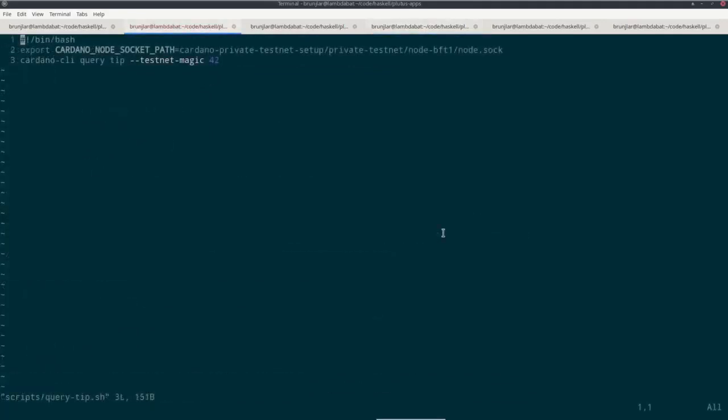And now we can interact with it just as we would with the mainnet or the testnet. The only difference is that we must set the Cardano node socket path correctly, and we must use the correct testnet magic, which in this case is 42. So all the normal cardano-cli commands work. We must just correctly set the node socket and the testnet magic. So this script here, for example, called query-tip, also in the scripts folder, queries the tip of the blockchain. If we do that now,